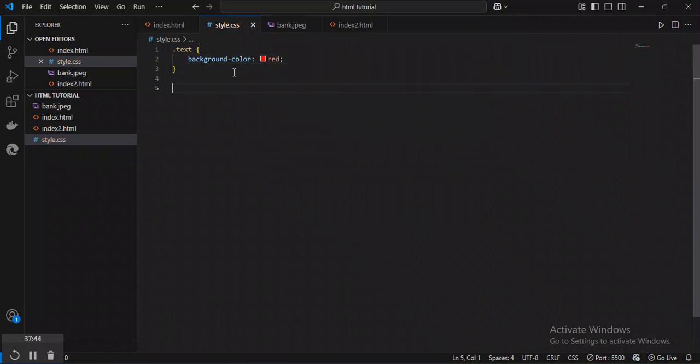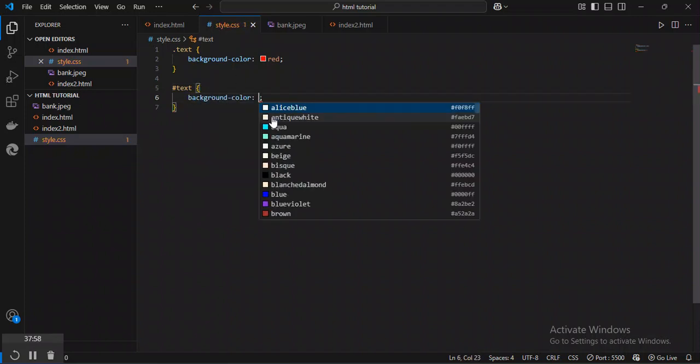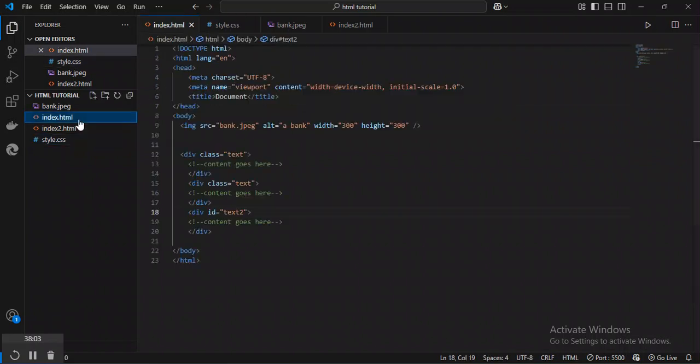Then for the ID, it always starts with the pound sign. We usually call it the hash sign, but in programming we call it the pound sign. Text, and I'm going to add a background color of green. That's it. Now the only thing I'm going to do here is link the external CSS file, because